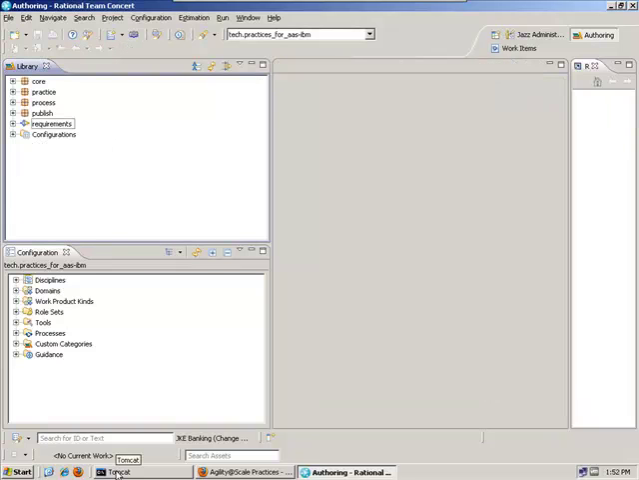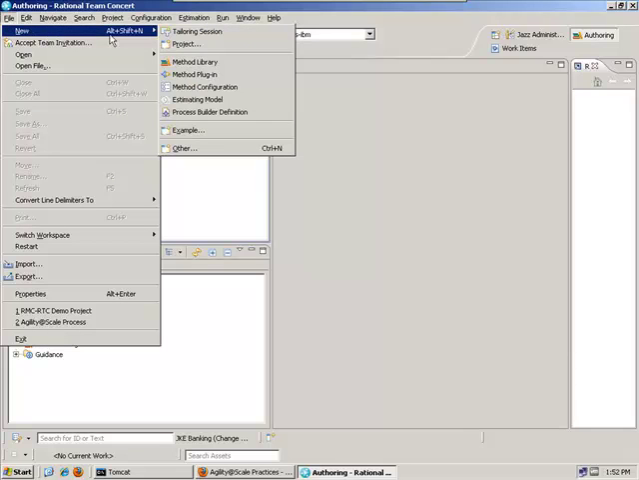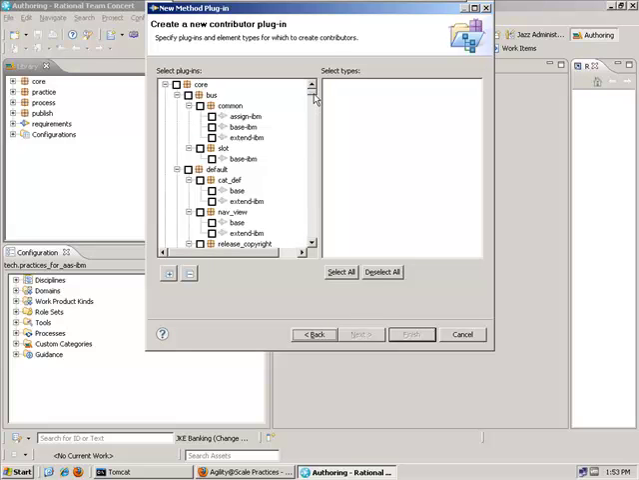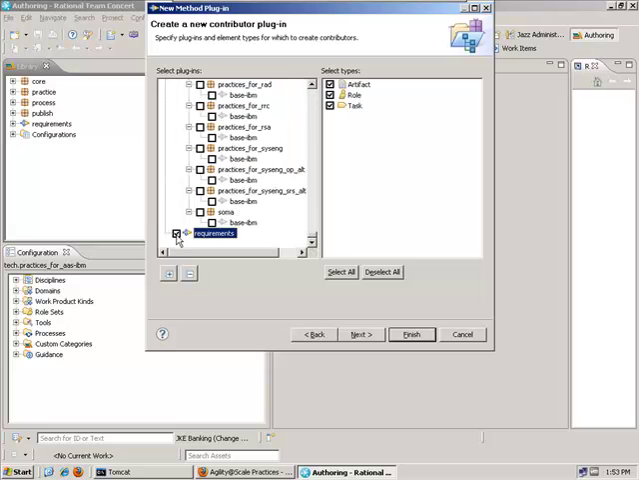Not only can you author your own content with RMC, but you can also extend existing content. For example, the extensive practice library that we include with Rational Method Composer. So as an example, let's suppose I want to extend the requirements plugin that I just created. I can go to File, New, Method Plugin. Only now I'm going to select Create a Contributing Plugin. I select the plugin that I created earlier,